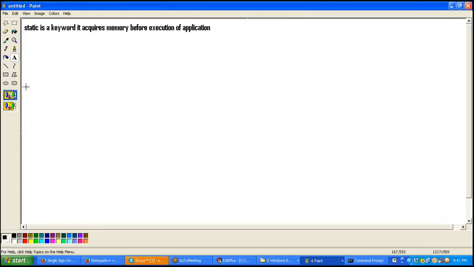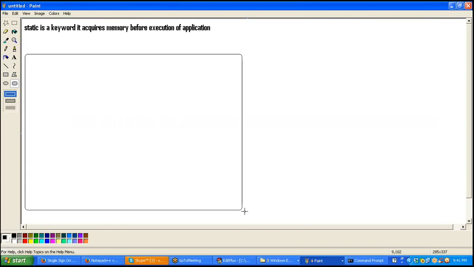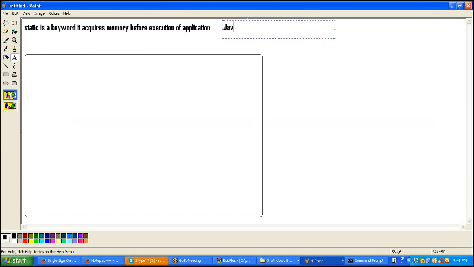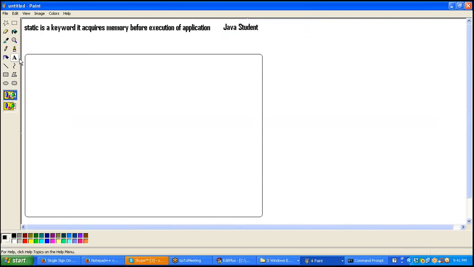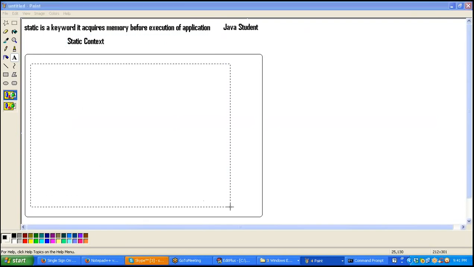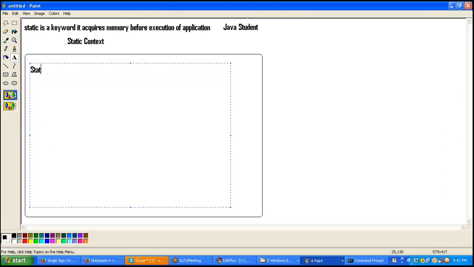Then it means one memory location will be created like this. When you type java Student, when you are running the application, immediately one runtime environment will be created. This runtime environment we can technically call a static context. In this static context, static related information will come and be stored. What is that? Static variables